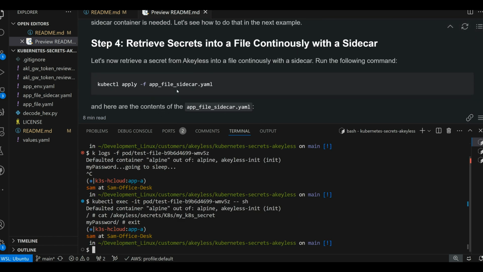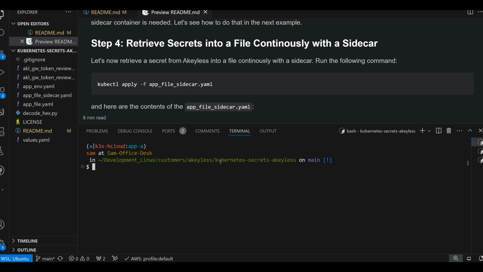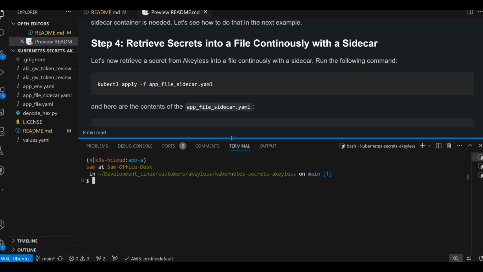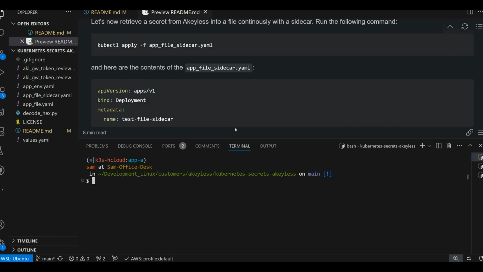So now let's exit out of that and move on to our final piece in the demo, which is retrieving secrets into a file continuously with a sidecar. So far, so good. However, for some applications we may want to use dynamic secrets or rotated secrets. We want to find a way for us to retrieve the secret on a continuous basis. So let's go ahead and apply